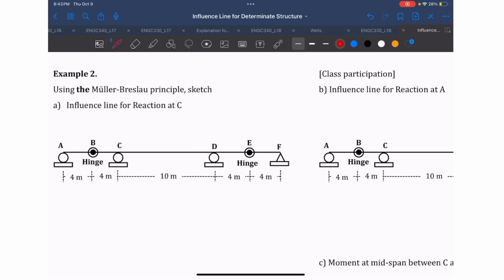Example number 1 asks us to find the reaction at C. Remember, it's a reaction at support C, and we know that there's a support CY. So step 1 is to release this support by applying the Müller-Breslau principle, which means that it's a